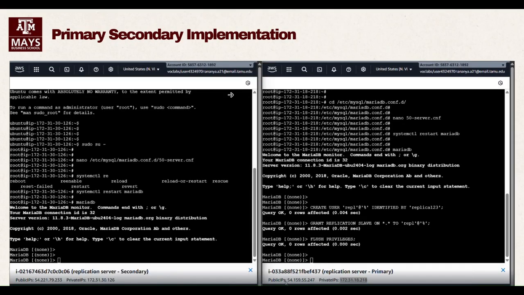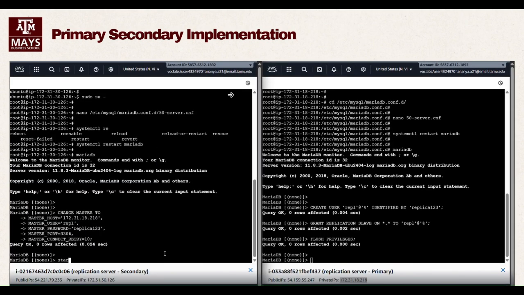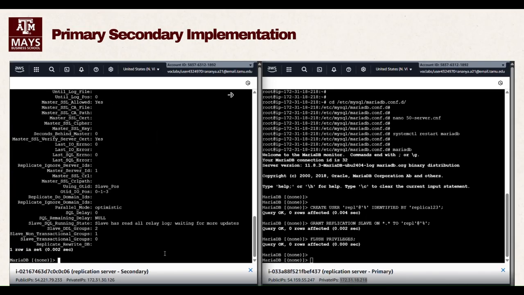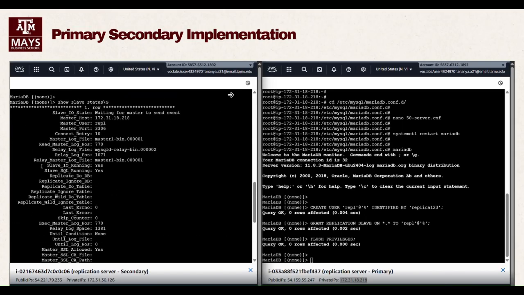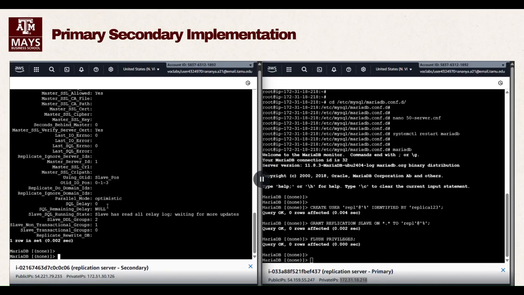I'll copy this entire statement and paste it in my secondary MariaDB. So now the secondary server knows that this IP address is my master, and this is the user which is going to give me some replication data. Now if I run this statement to show the status, I saw that the status was up and